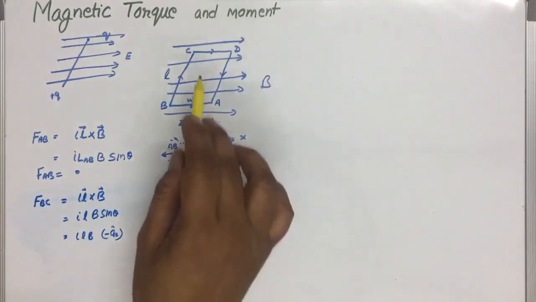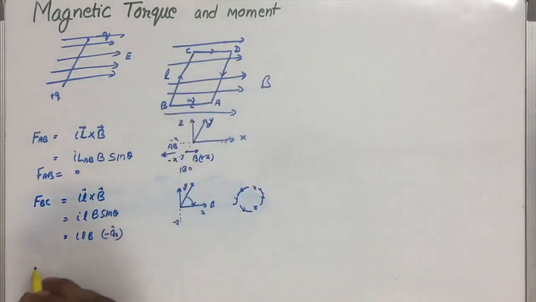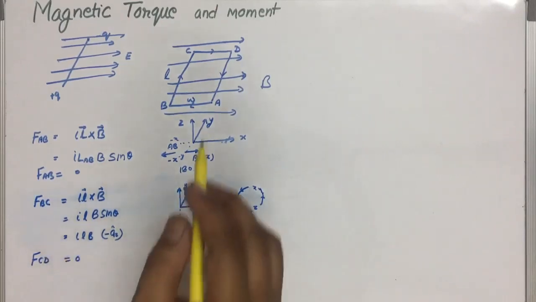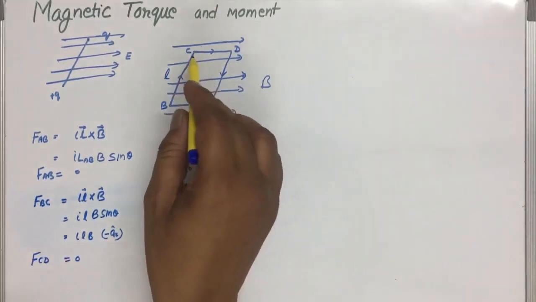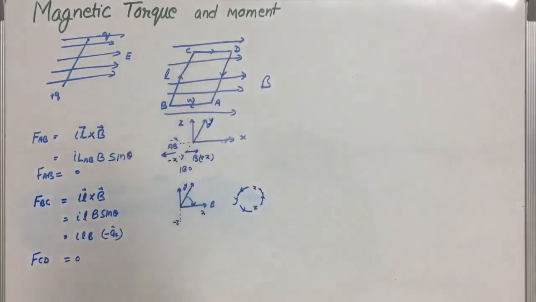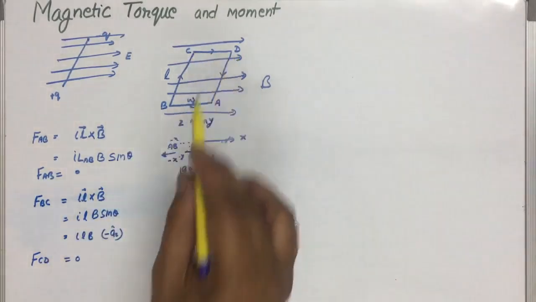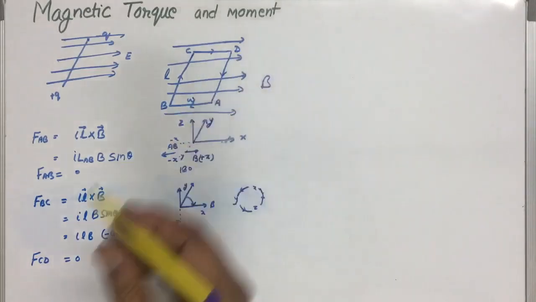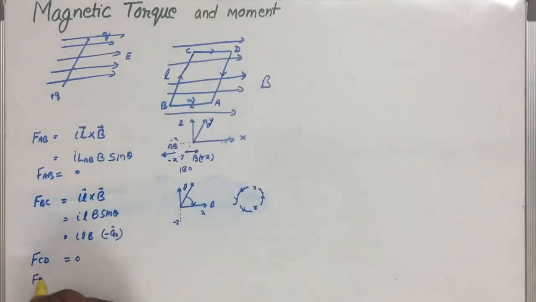Similar to this, the force acting on CD will be 0, as the angle between IDL or IL and B is 0. So the force at this is 0, and the force at DA will be